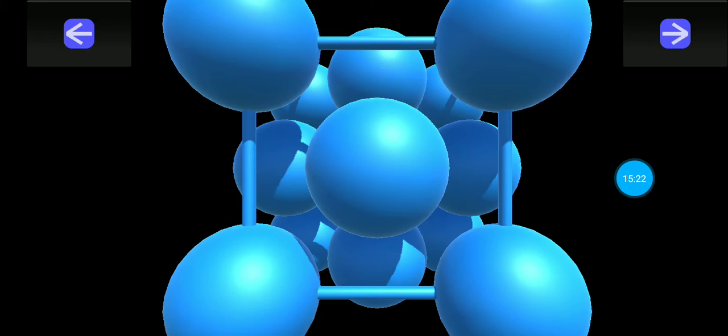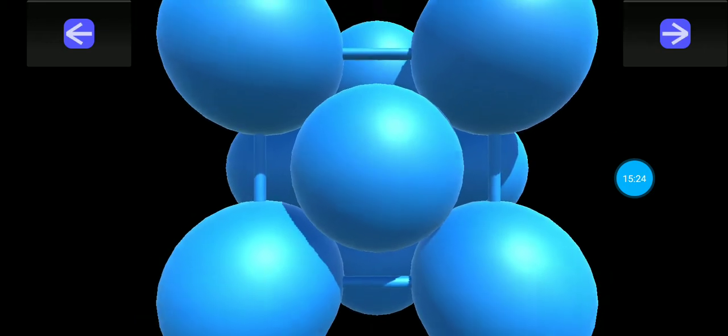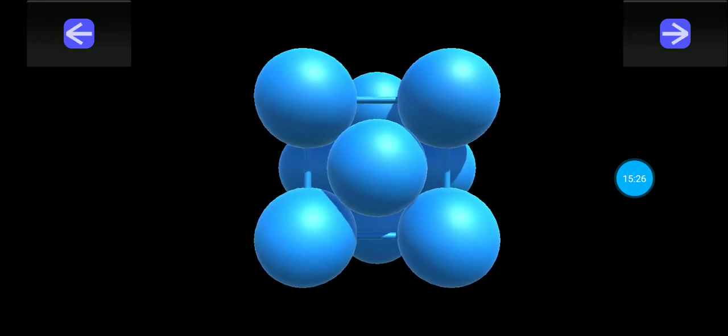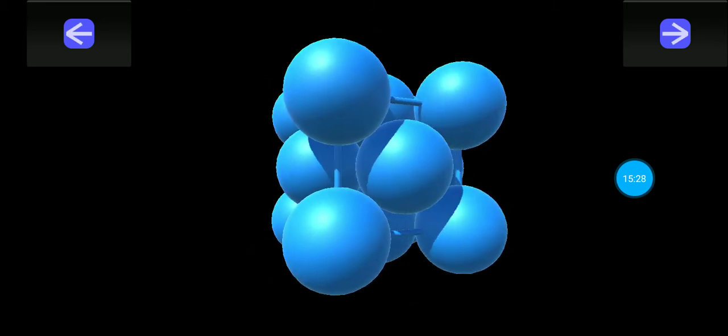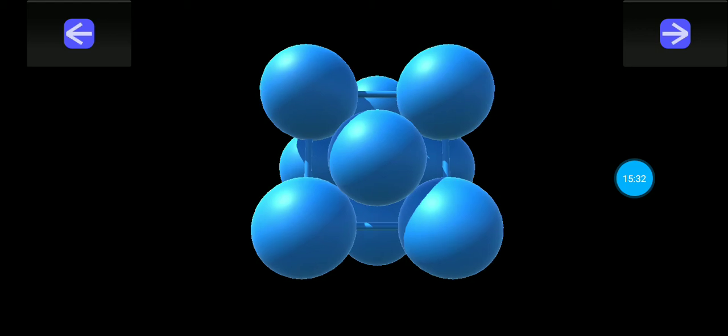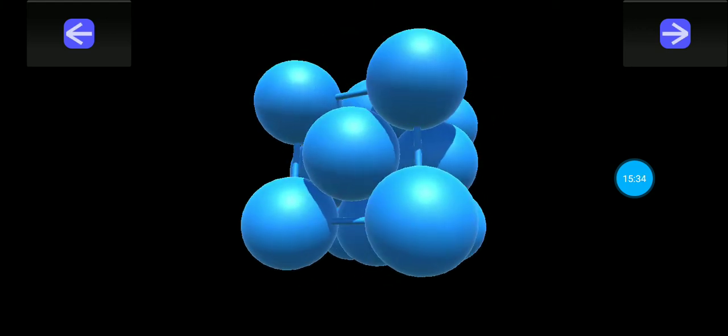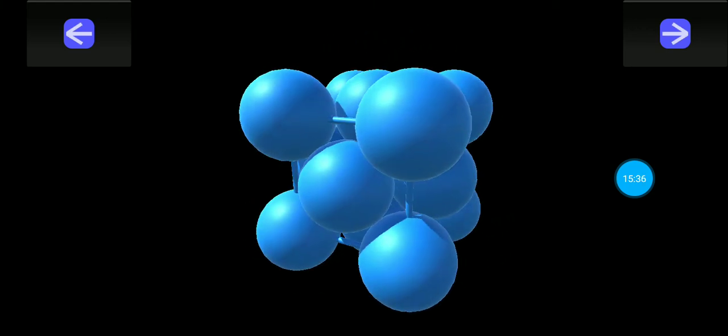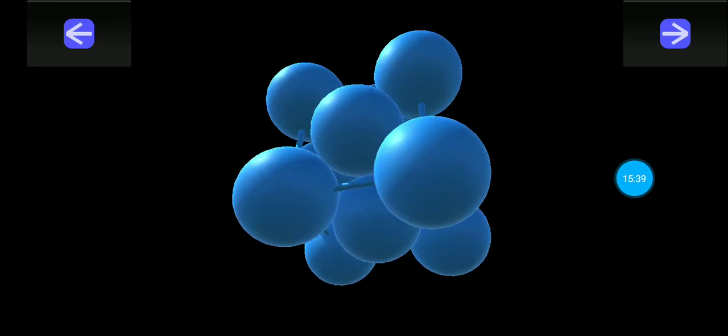Now all the atoms are in big size, and if you see carefully in 3D, the face atoms, half of each is inside the cube, half of each is outside the cube. So let me rotate for a better view.